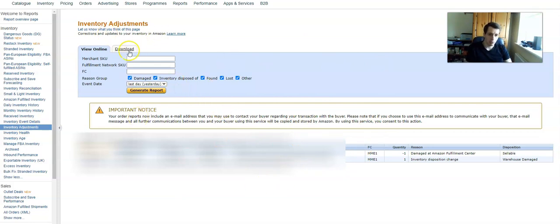And what you want to do is download a .txt file, which is just a text file, not even a Word file, like a notepad file, just text basically. And then what I do is really straightforward. I do it for every week. I do it weekly because in theory, if you're accruing a year's worth of data,